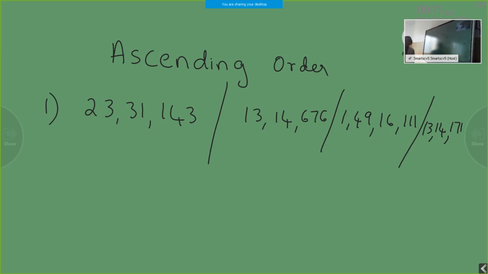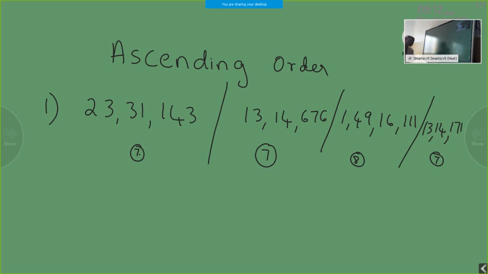Ascending order means we have to first find out the smaller one. So from these 4 numbers, how will you find out the smaller one? We have to count the number. The first process is to count the number of digits in all the numbers. Here we have 7 digits. Here also we have 7 digits. Here we have 8 digits, and this one we have 7 digits. So in this, the smaller number will have 7 digits.